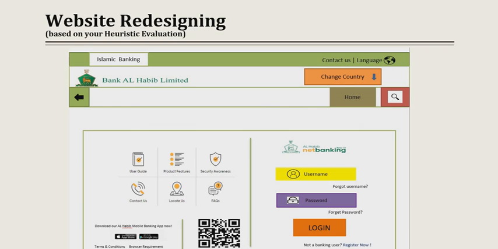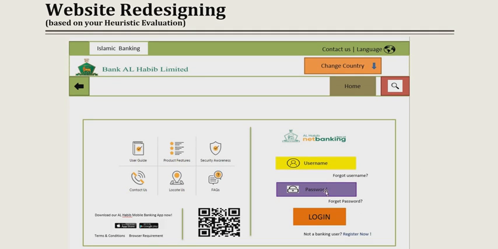The next is a website redesign according to our heuristic evaluation. We changed the front a little bit, as you can see in the header. We put a home button in there instead of the Bank Al Habib icon, as seen before, and we put a login screen at the front because most people want to access the login feature of the bank, so we put it in the front as it is an essential feature of the